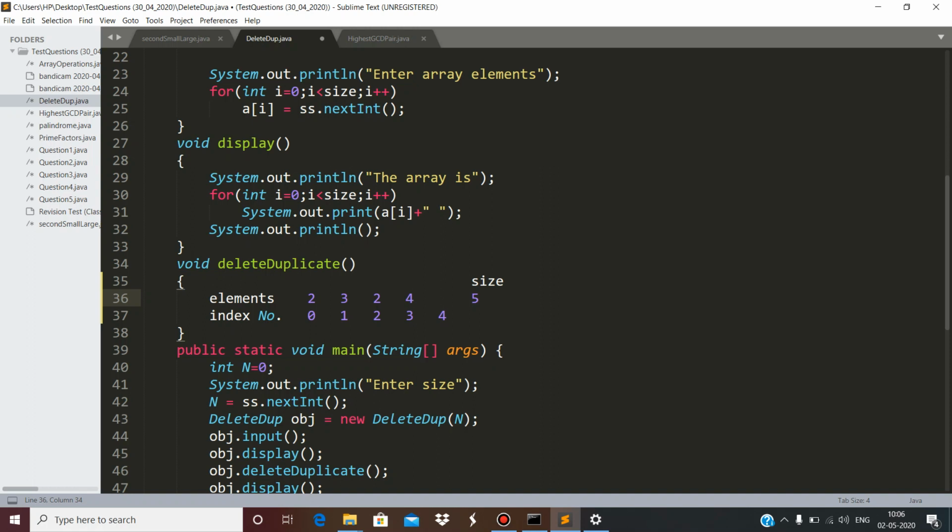This is shifting. And further we have to delete this element also, so again shifting will happen. After that we are left with these 3 elements, 2, 3, 4, and now there is no duplicate.